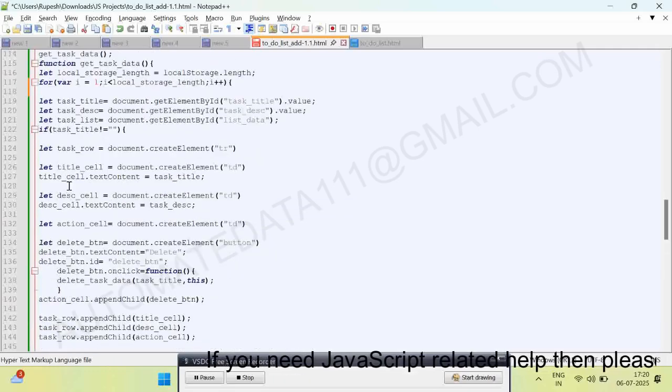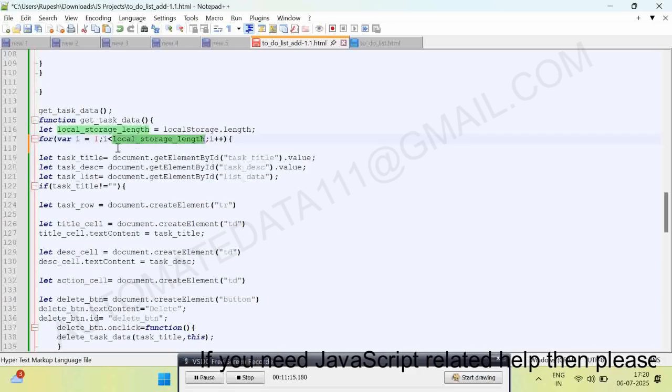So localStorage, so now we need key and value here, right? So this is our key. Okay, so this key, how we can get this key? Using